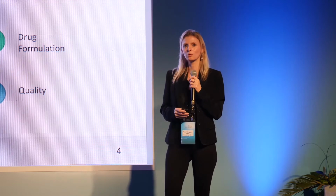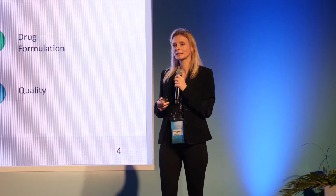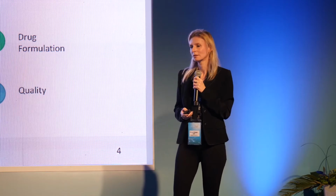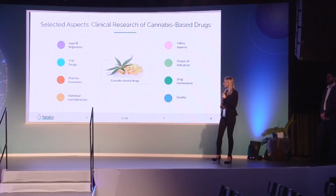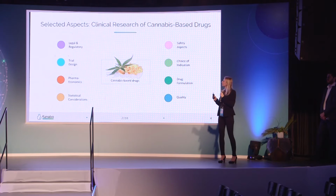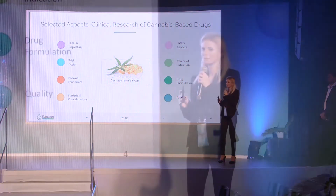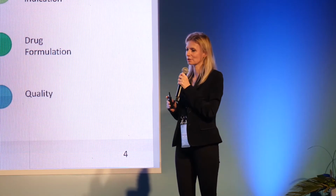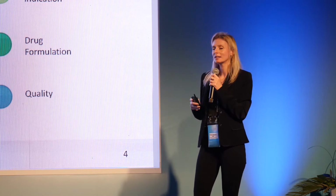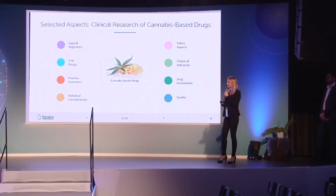Clinical trials that are done in accordance with the regulatory authorities, according to the clinical and regulatory standards that will be accepted either by the regulatory bodies or by the key opinion leaders or by both. So essentially these are very few aspects. Each of these aspects is actually a conference in itself. So I'll be able to cover just the tip of the iceberg, to give you a glance into this specific aspect, but these essentially are the aspects that need to be treated when you're performing clinical trials with